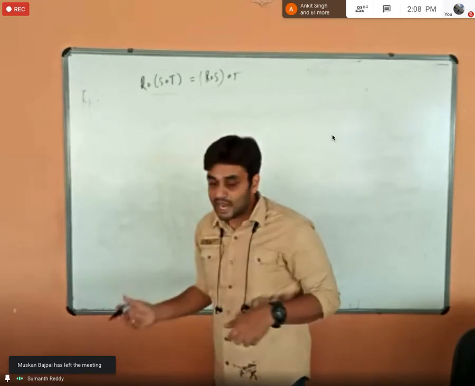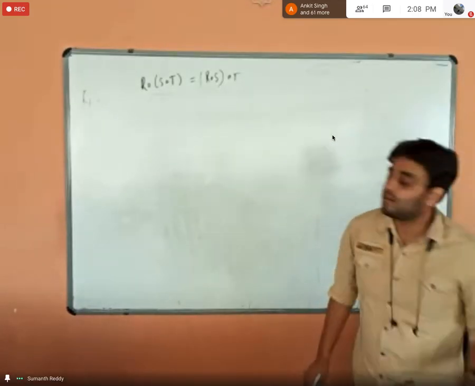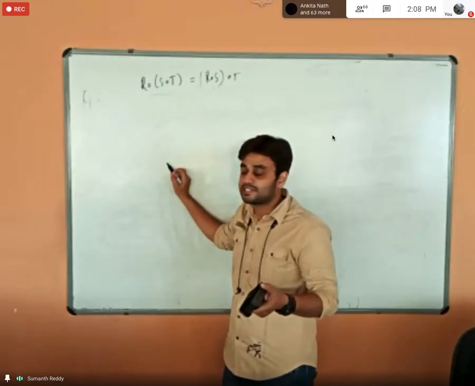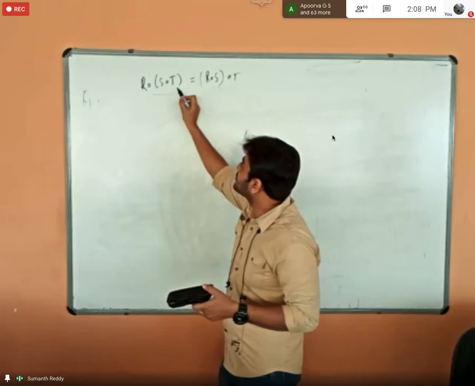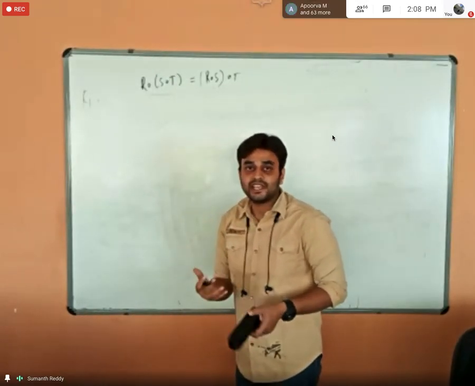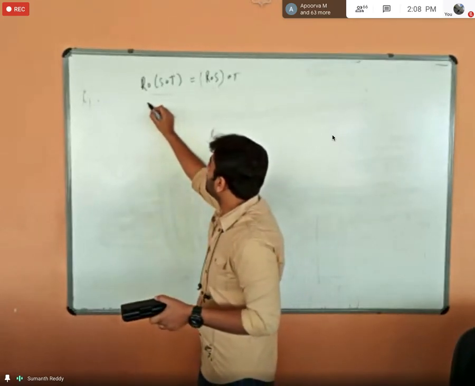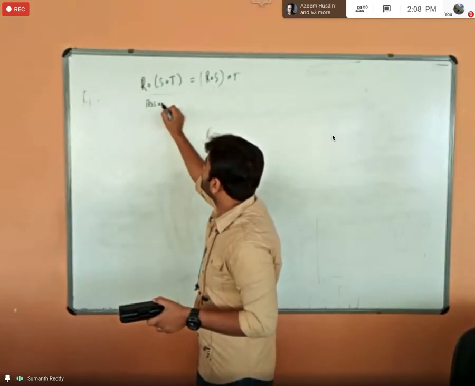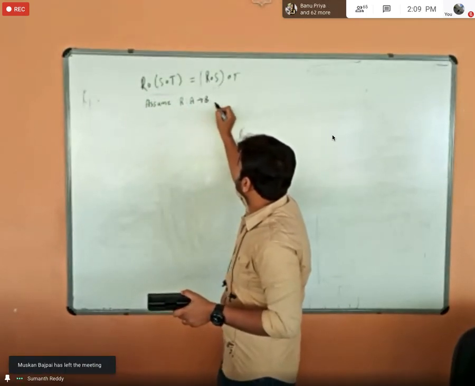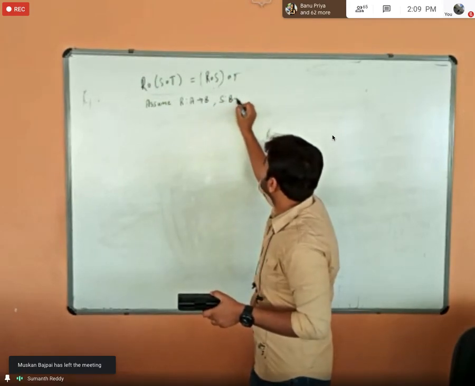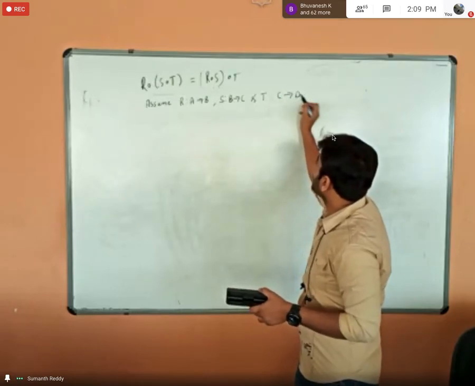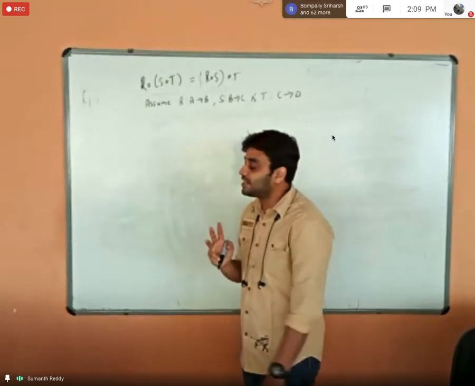Okay, so to start with this, we already know that whenever I talk about a relation, we need at least two sets because a relation will be between two sets, right? So here we have three relations. So if I have to draw an arrow diagram, at least I need four sets, right? So I will assume R be a relation from set A to set B, and S be a relation from B to C, and T be a relation from C to D. Okay, so here I have assumed three relations and four sets.